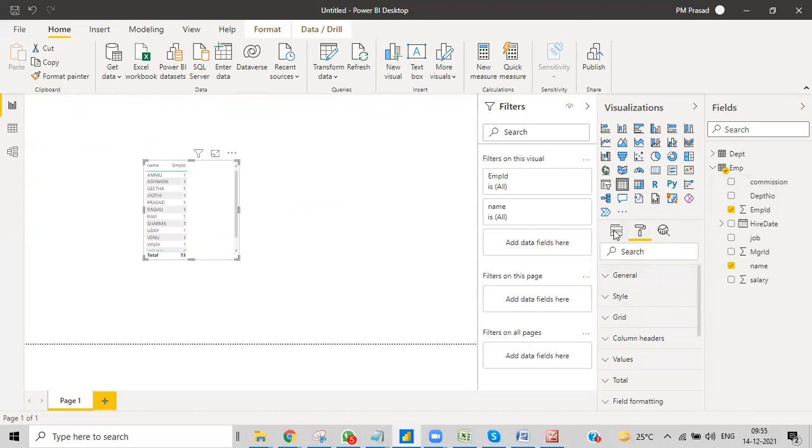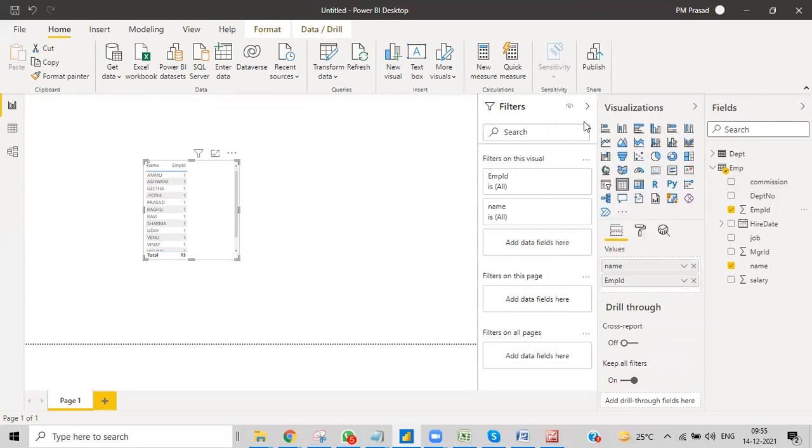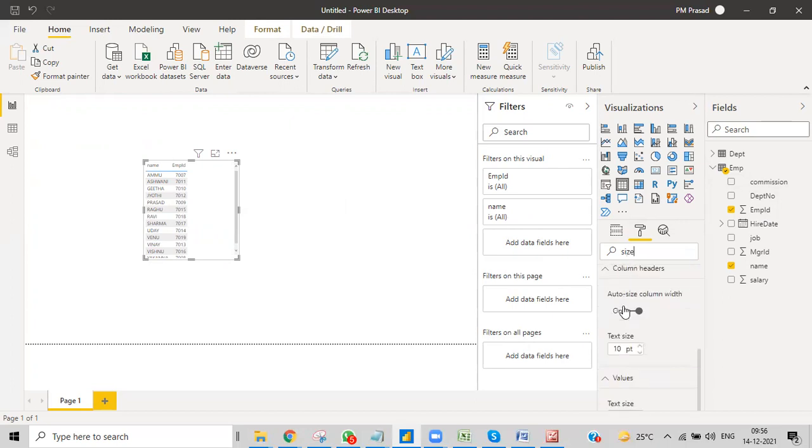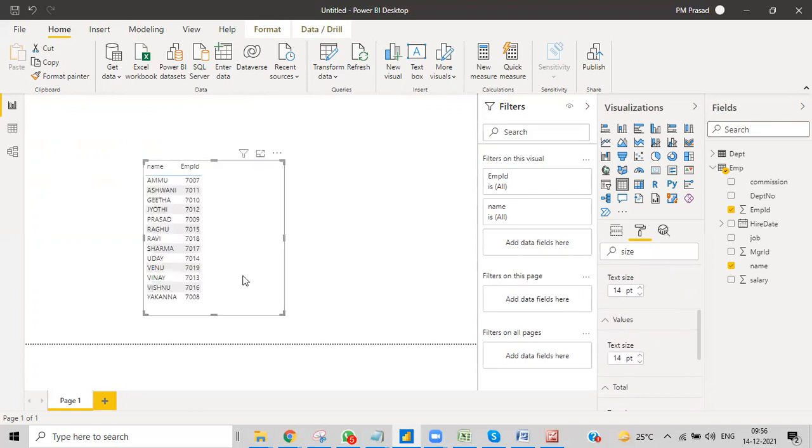Okay, I'll go ahead with name and don't summarize, and I'll get all this. I'll make the size somewhat bigger so that you can see easily. So I got my names in my table.